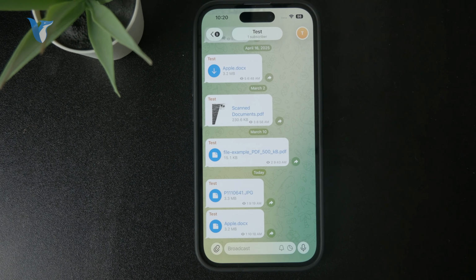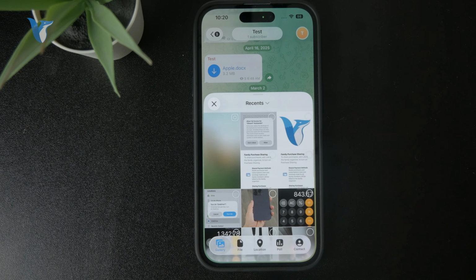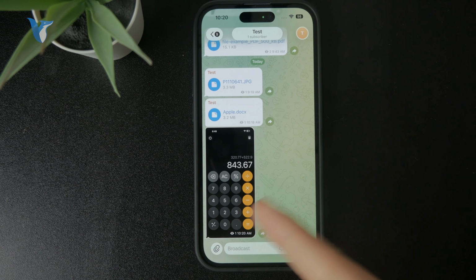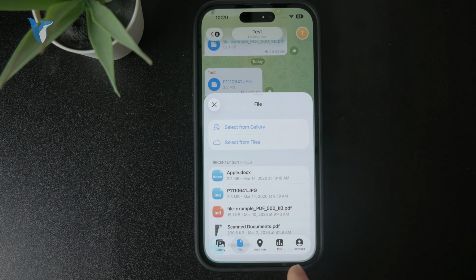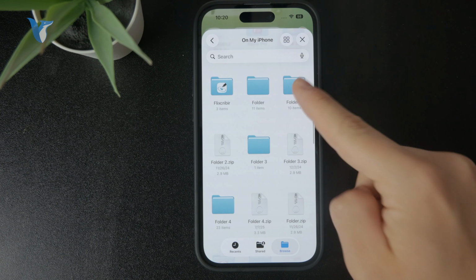Of course, you open up the Telegram channel. You can tap on the paperclip icon and import a photo from the gallery, which is going to be sent as a picture. But if you switch to the file selection, you can see that we can select from files, and in here we have the ability to pick a file, which is technically a photo, but it's part